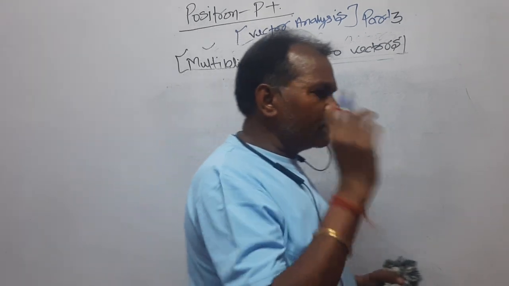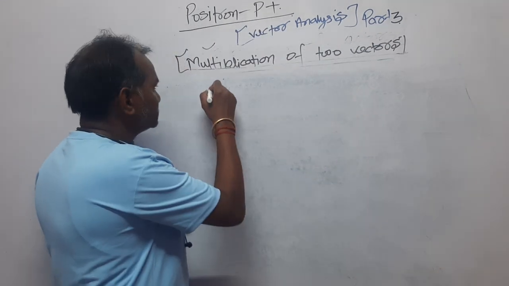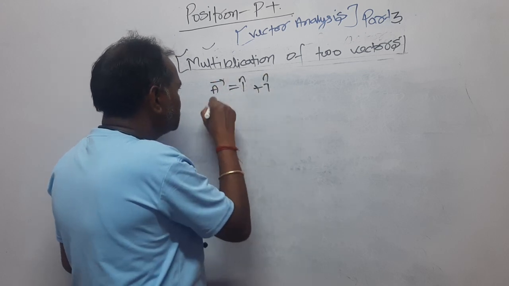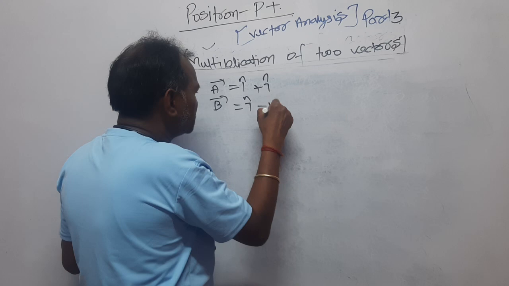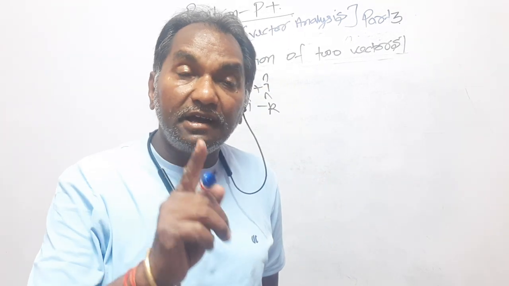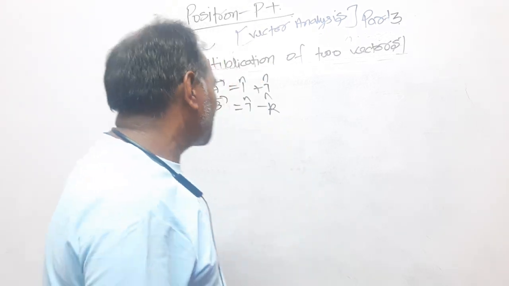A question may be like this. Let the two vectors be vector A equal to i cap plus j cap, and vector B equal to j cap minus k cap. Right? The two vectors A and B are given. Find another vector which is perpendicular to both vector A and vector B and has the magnitude 2. Now the question is that